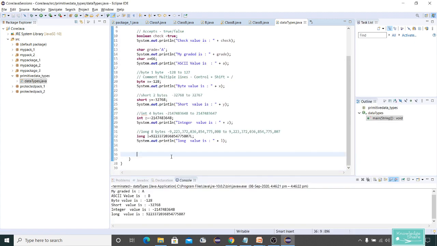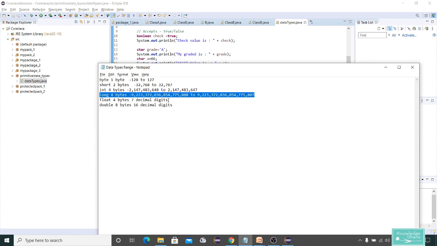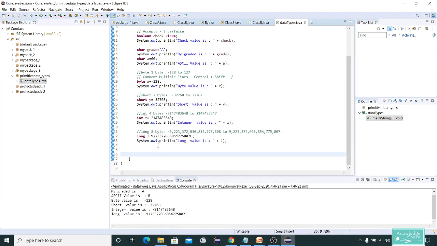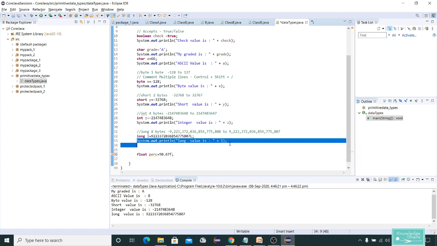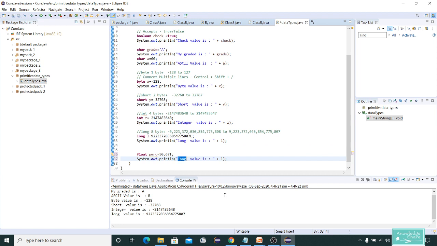Now let's move to float. Generally, if you want to store any percentage values with exact decimal points, those applications will be using float or double based on the number of decimal points. So let's see how float accepts. Let's take one example, float percentage. I'll say PARC is equal to 50.67. I'll specify F. Remember, for long and for float, the best practice is to give F so that it knows it's a float. Let me print this.